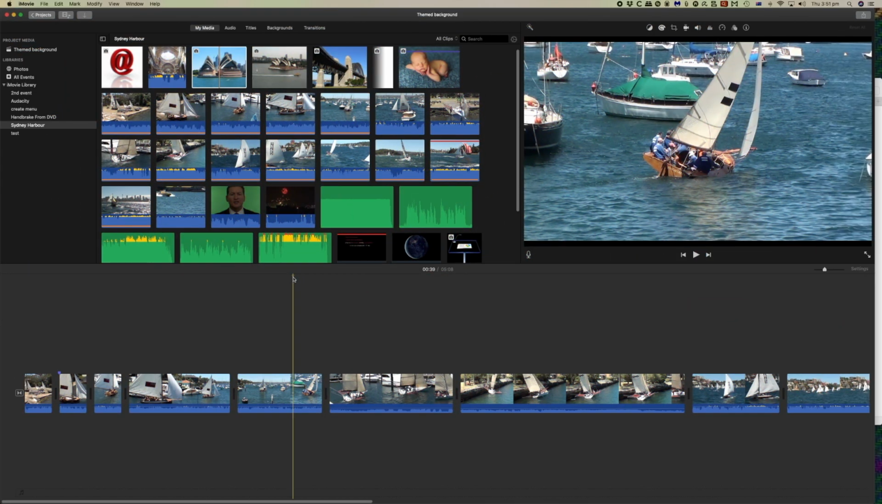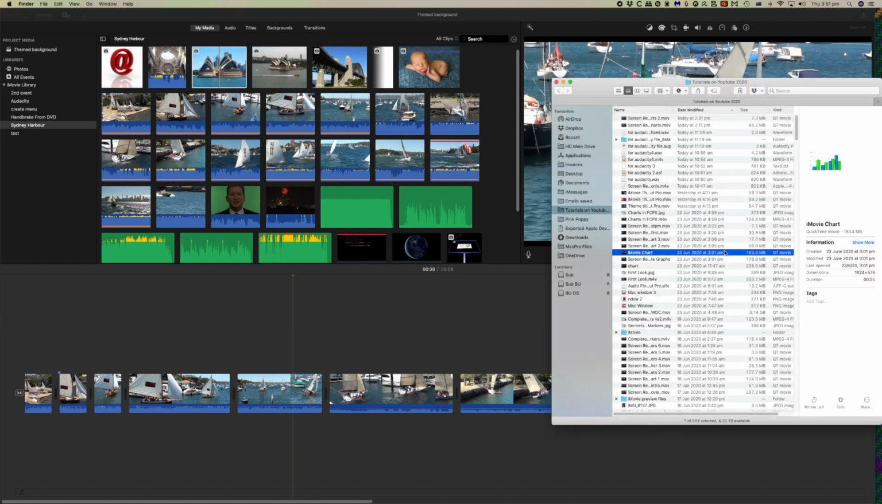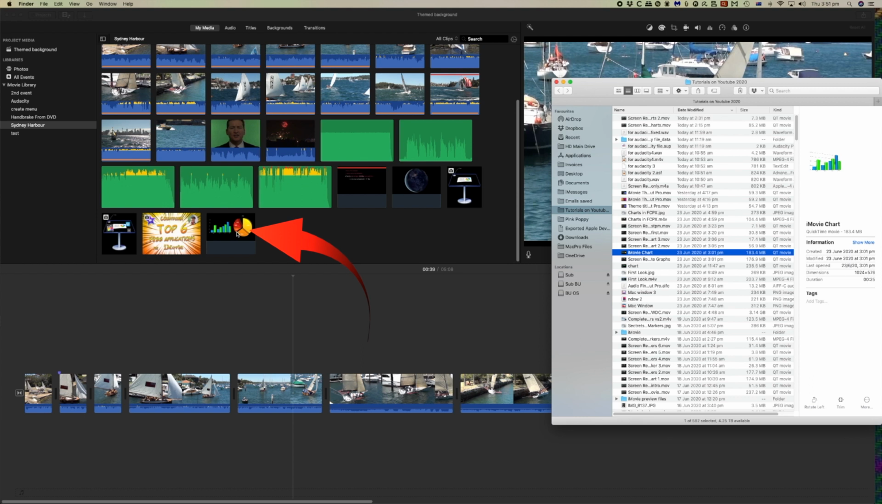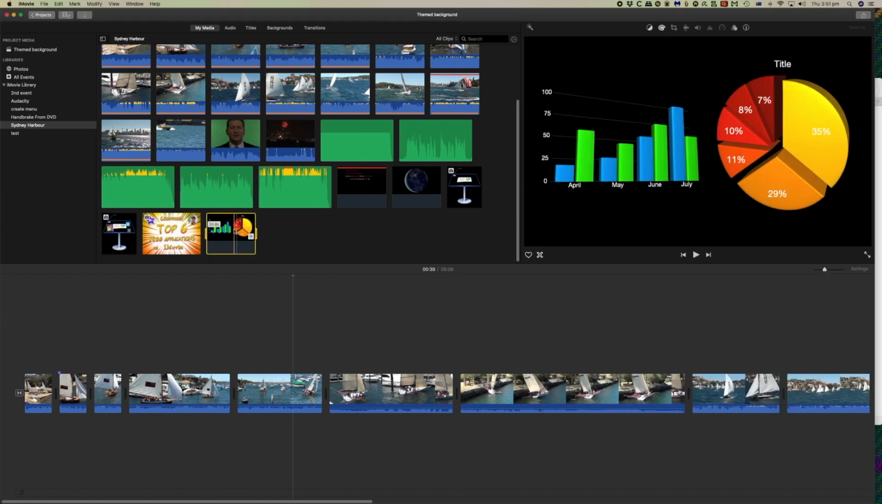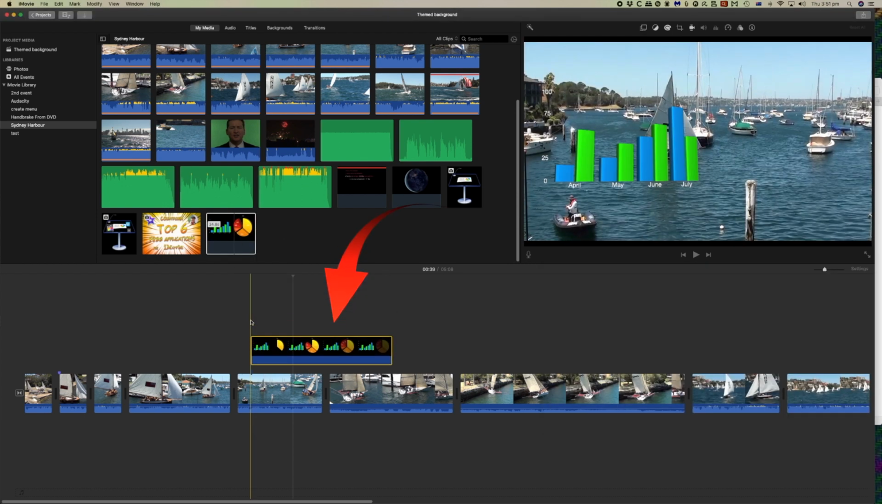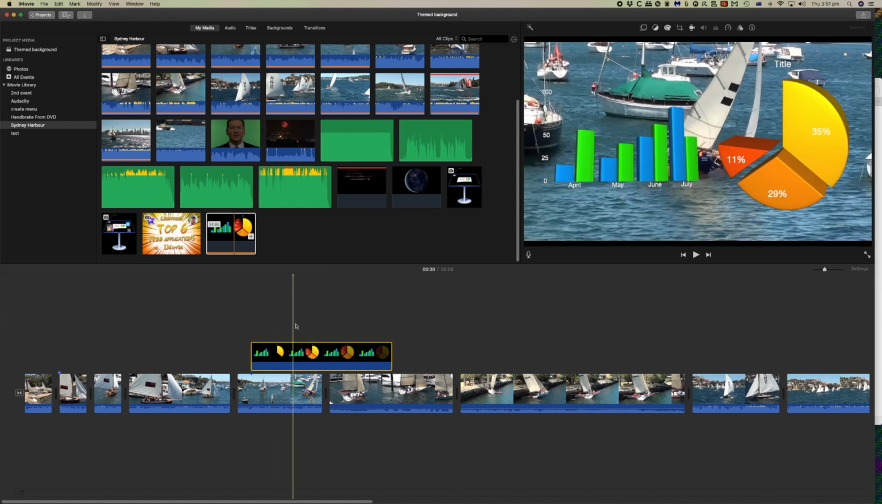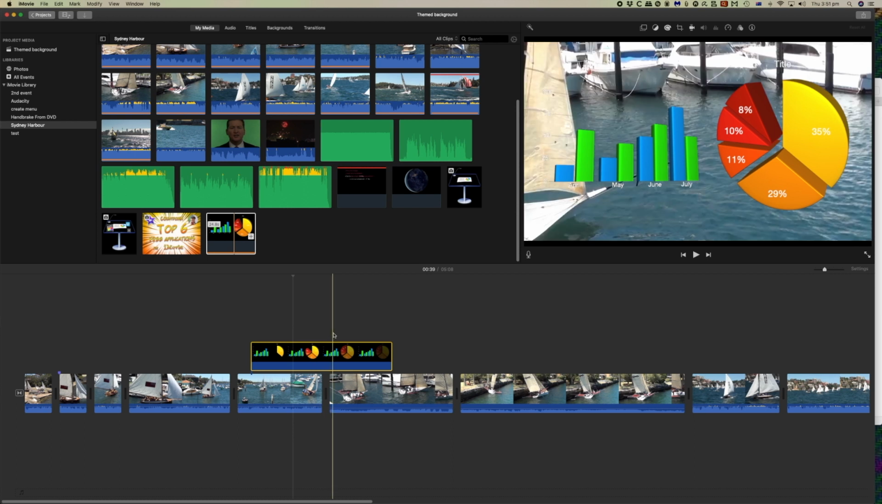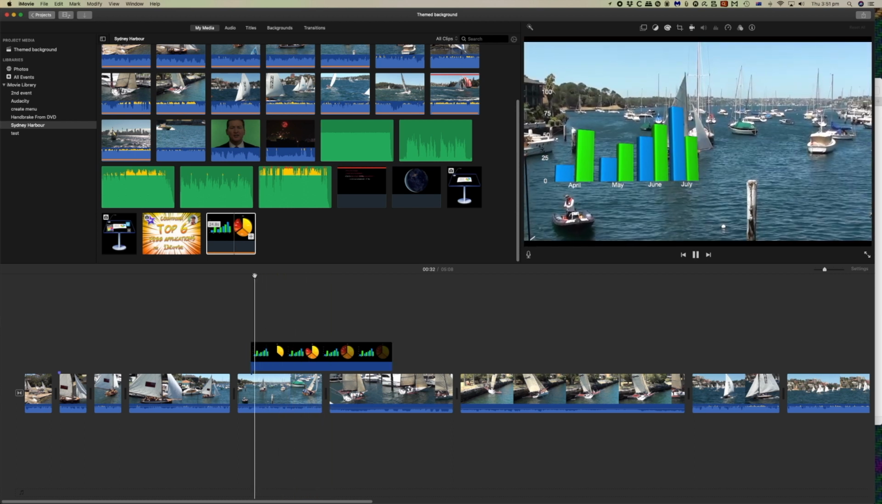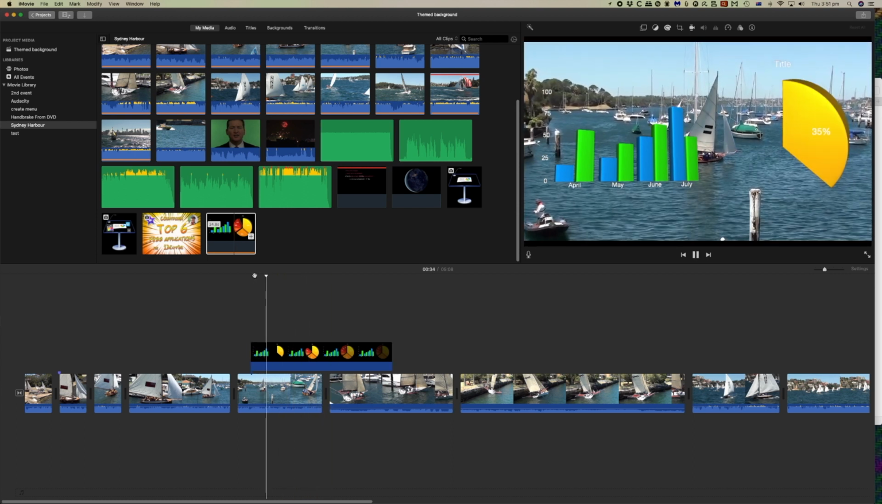Now let's import that chart into iMovie. So let's go to the Finder. Here it is here, iMovie chart. We'll simply drag it into the harbour footage here, and you can see there's the chart there. We can now drag that down and pop it in the timeline, and you'll see how the chart overlays the video below. So if we play this now,